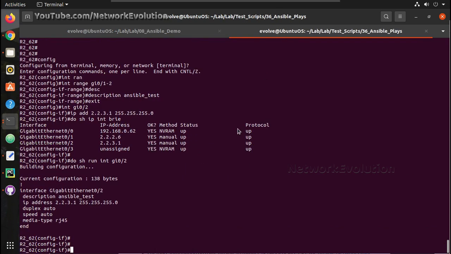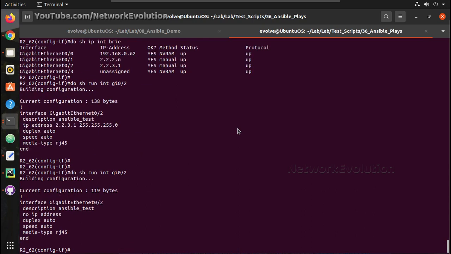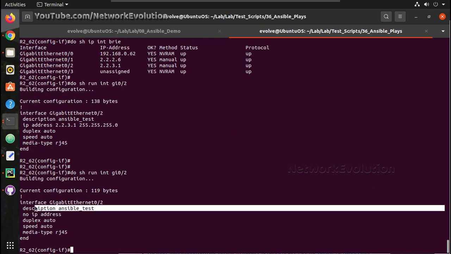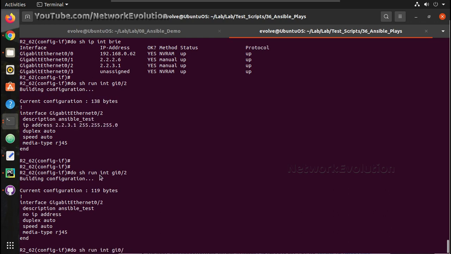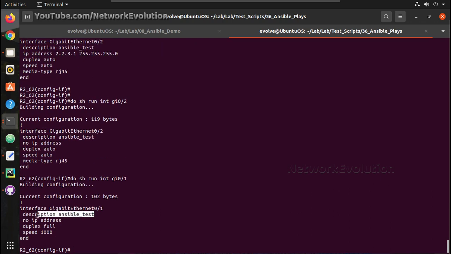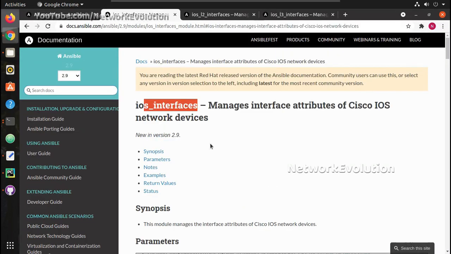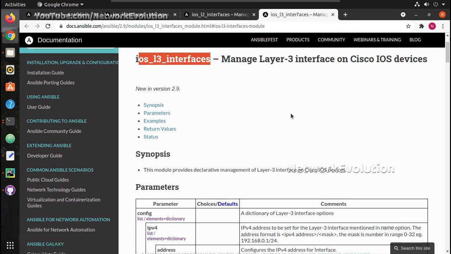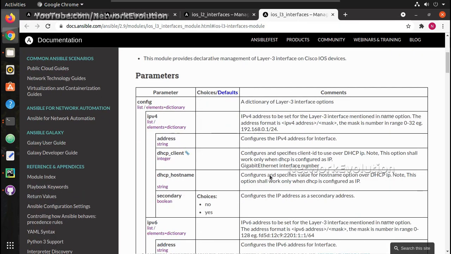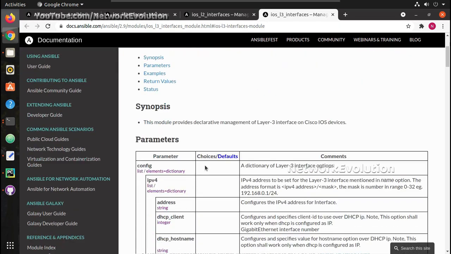Okay, you can see this has deleted the IP address config, but the description is still there, because description is handled in the ios_interfaces module. This attribute is not part of ios_l3_interfaces. So whenever you do a delete operation, that deletes only the configuration relevant to that particular module.